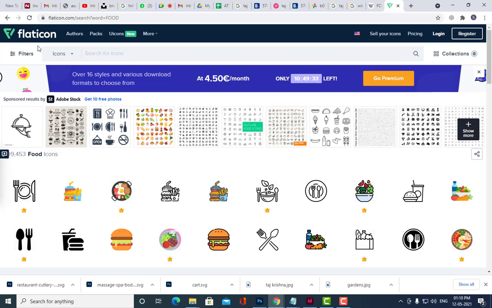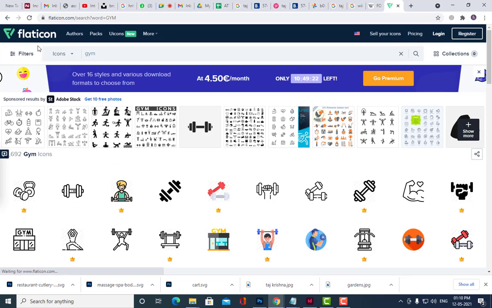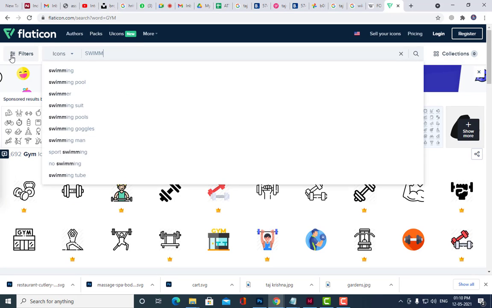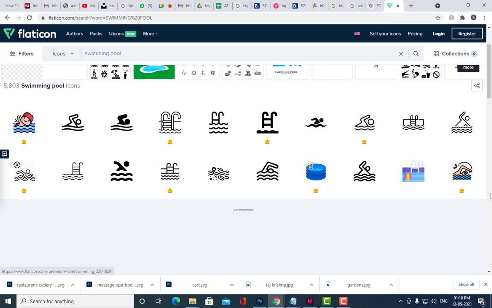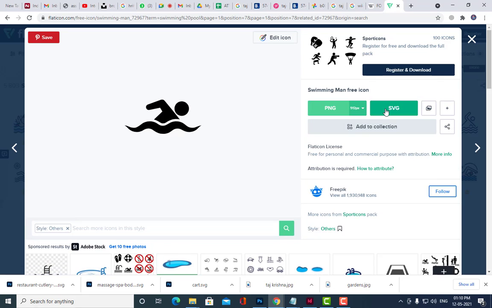Laundry, but okay, we can put gym. Gym, okay, we can say gym. Swimming pool. Swimming pool, okay, we'll put swimming pool. Water park. It's okay, there is a swimming pool here, okay, we'll just select this, it is nice.